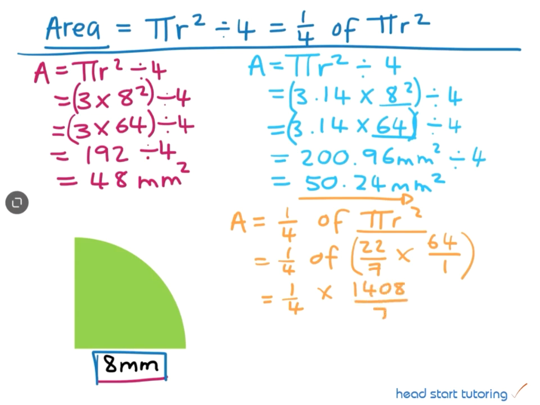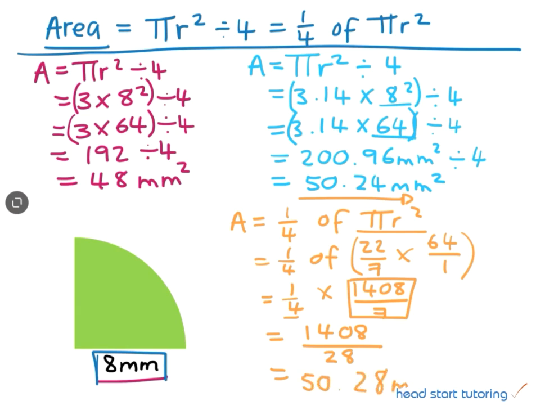1408 divided by 7. And you can then cross cancel here with your 4 and your 1408. But if you first work this out in a decimal format, you can do that as well. But we can also just multiply our numerators and multiply our denominators. So you've got lots of different options here when we're working with fractions. So we could end up with 1408 divided by 4 multiplied by 7 is 28. We can then simplify, and then we end up with a final answer of